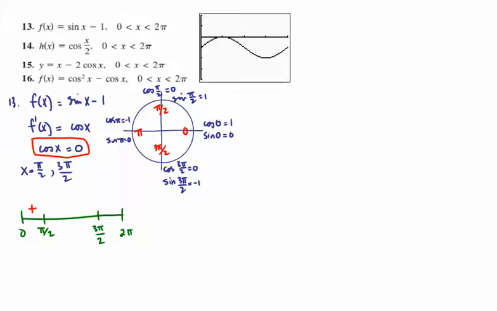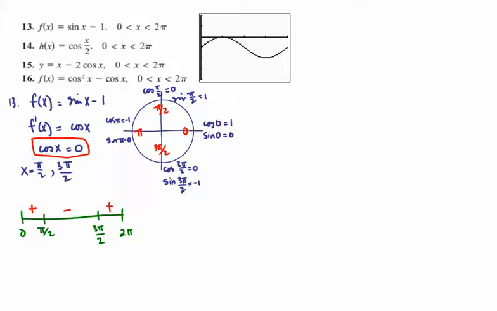Then from pi over 2 to 3 pi over 2, cosine goes from 0 to negative 1, and then from negative 1 back to 0. So everywhere in between pi over 2 and 3 pi over 2, cosine's values are going to be negative. And then finally, from 3 pi over 2, cosine starts at 0 and it's making its way up to 1, but it's positive. So in this interval, cosine is going to be positive,